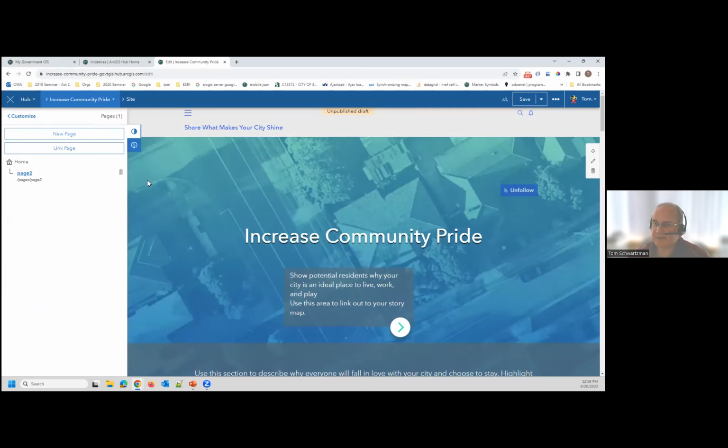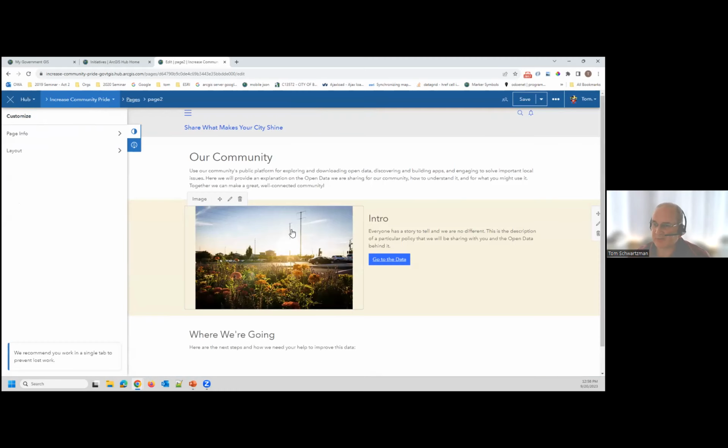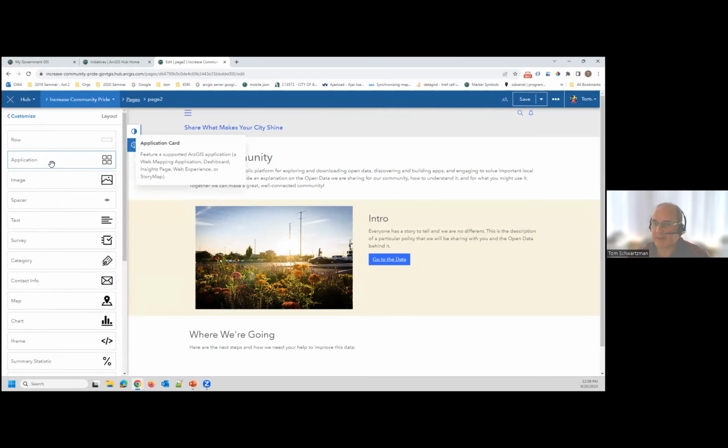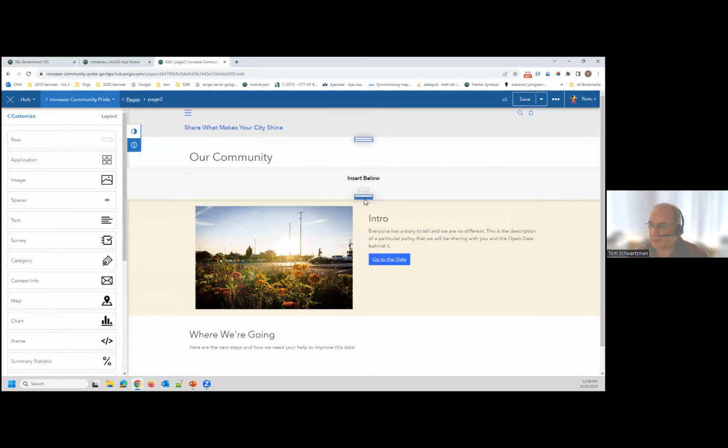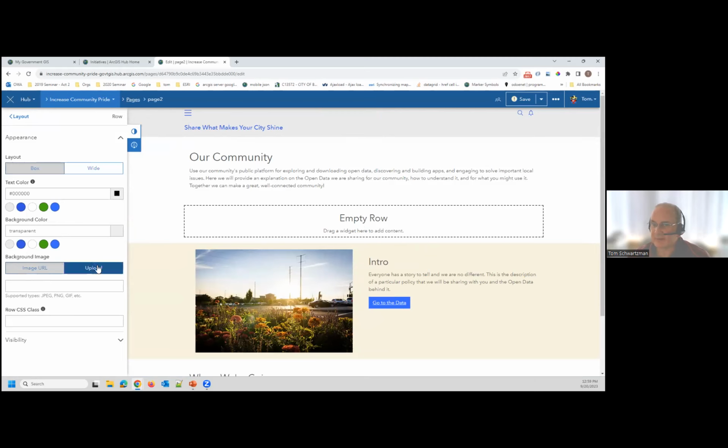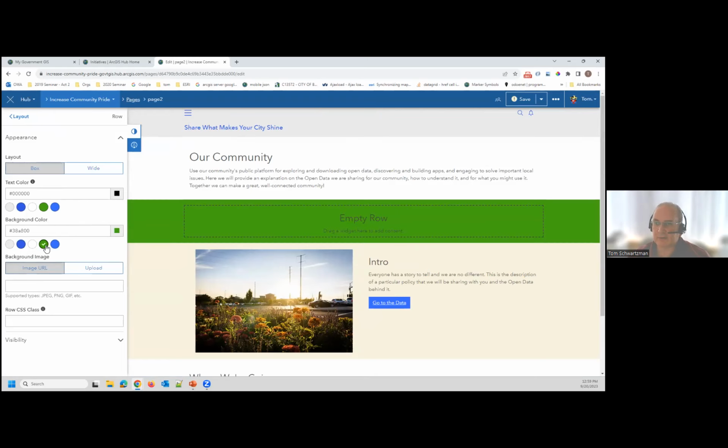We could go back to page 2, and just to show you this a little more, we go to a layout, and if I want, I can insert a row, let's say between these 2 rows, right? I've got this empty row, and I can do things like add a background image, or give it a background color and background text color. I can put my own CSS in here as well. If I'm a web person and I know CSS, I can add that sort of functionality as well.